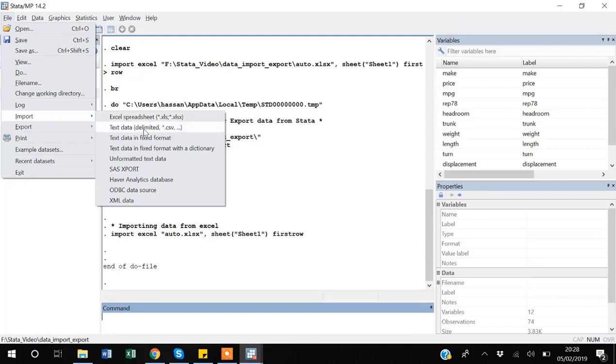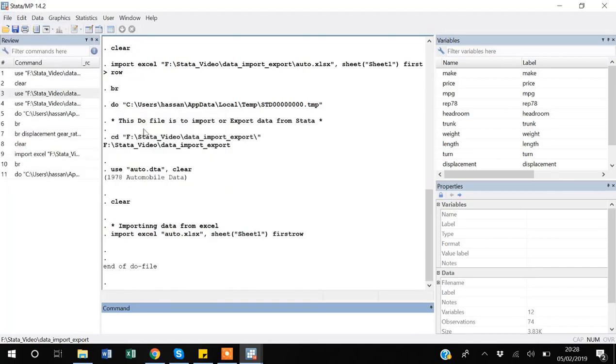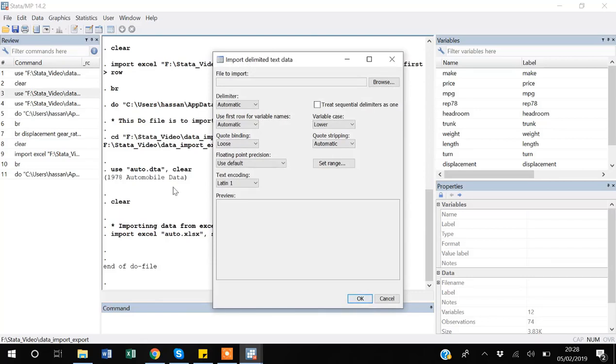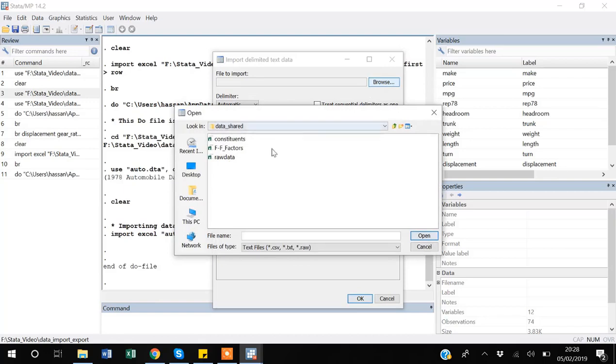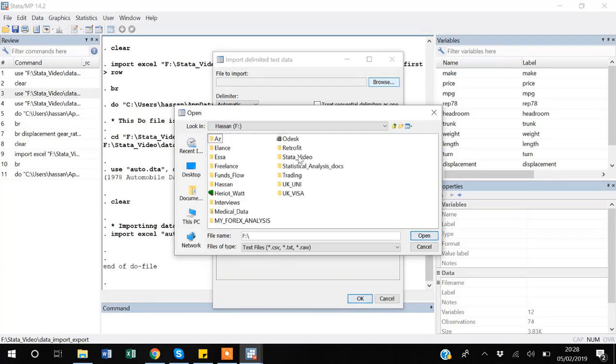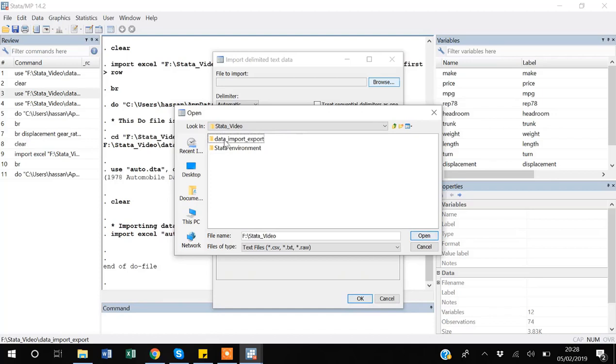So I want this option, so I will select it, and I want to import a CSV dataset. So I have to look for it first. My folders, data videos, data import export. So this is the file that I want to import in my Stata. So I will say open,